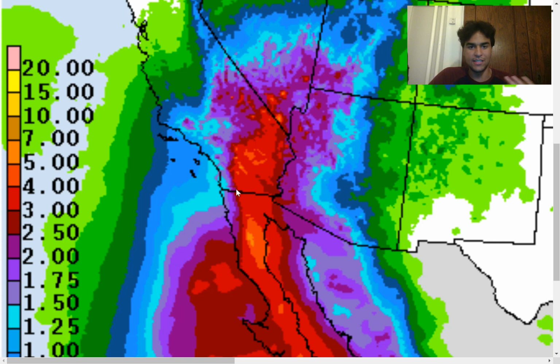And of course, in deserts, there's barely any vegetation able to hold a lot of that water. So flash flooding is definitely expected over the deserts of California, even extending as far east as Arizona and as far north as Nevada, the Las Vegas area. And San Diego and Los Angeles could experience anywhere between 1 to 3 inches of rain,